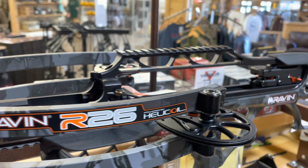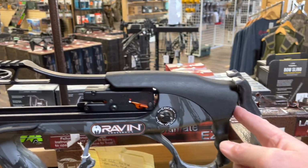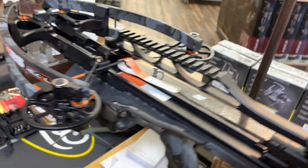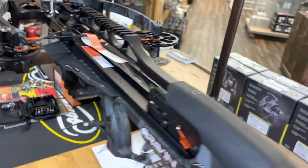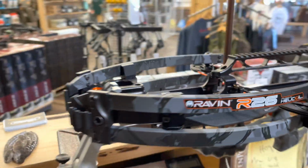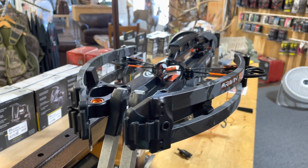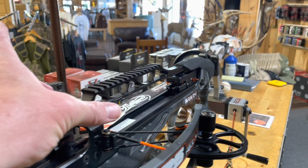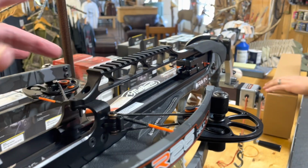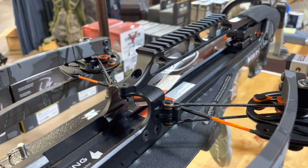Now this is the R26. That is 26 inches from the end to the end, right here. 26 inches. I mean, it is super short, compact. The optics will be the same. We'll do the same thing there. It cocks the same way. All the mechanism there is the same. I think cocked axle to axle right here, it's about 6 inches, 7 inches. But we'll look at that once we